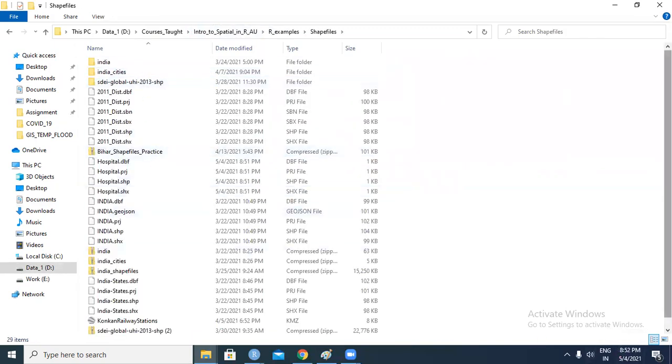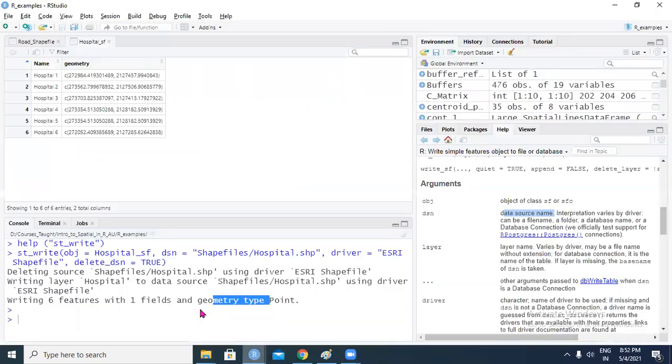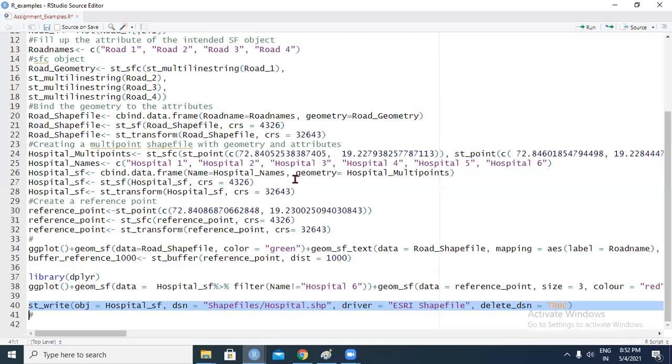So let's see where they are. Here it is. hospital.shp, PRJ, DBF, SHX. These 4 files usually come with the shapefile, right? So you can import these into your GIS software like QGIS, ArcGIS, etc. as well. So I think that information should help you tackle the assignment.